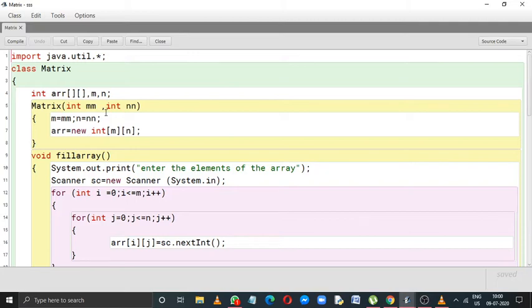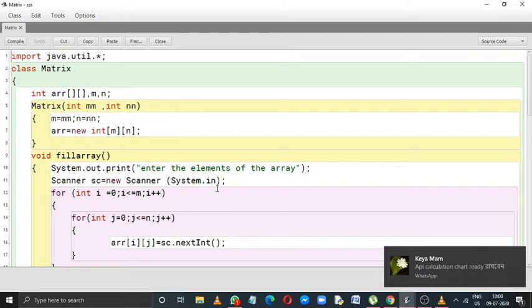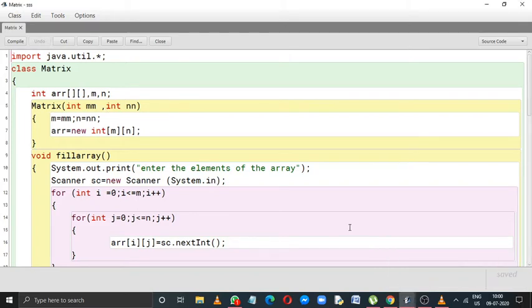Now what will happen in the background in case of call by value: two sets of variables will be created. One is called the actual parameter, another one is called the formal parameter, but both of their values are exactly the same.